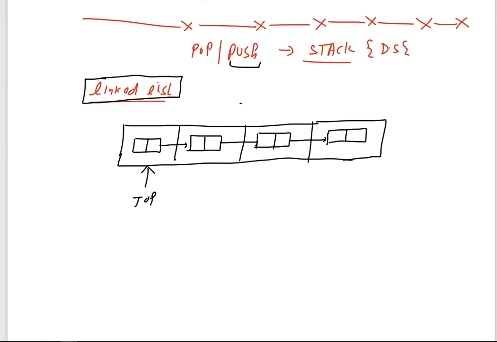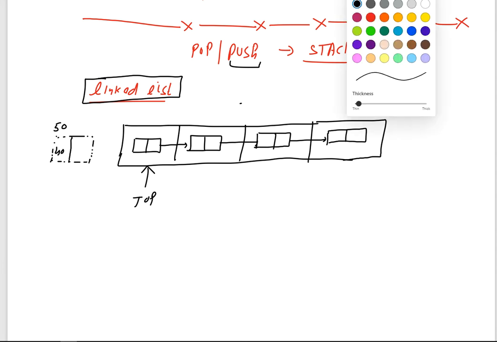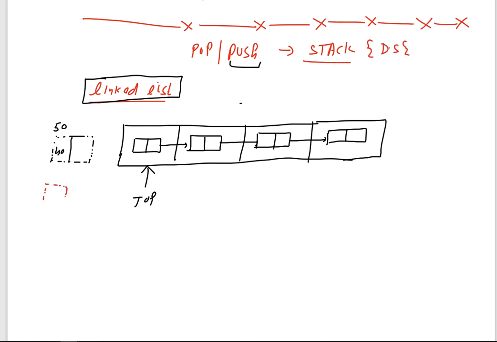So what is the push operation? In the stack, we know that an element is always inserted on the top of the stack. So what is the top of the stack? This one. So let us suppose I just want to insert one element. For that I just need to create the structure first. This is the structure, and let us suppose the value in this is 40, and it is created at the 50th memory location. So how can we create this particular structure?